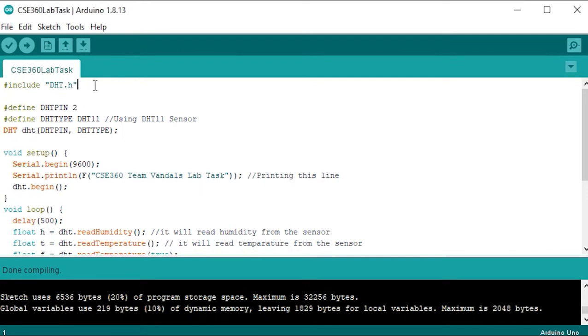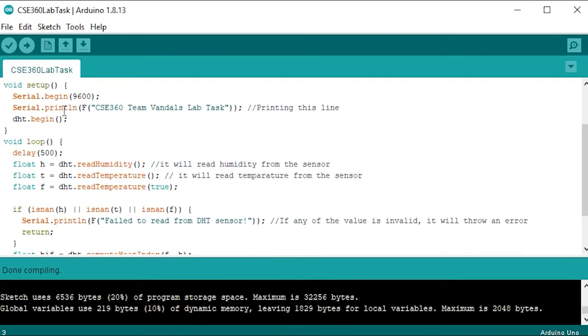Initially, we coded the Arduino UNO by Arduino IDE for collecting raw data from our DHT11 temperature sensor. Here firstly we imported the DHT11 sensors library. Then we started coding. Here we used Arduino pin 2 as a DHT pin and DHT11 as our DHT type. Then in void setup we set our baud rate to 9600 and printed the first message.